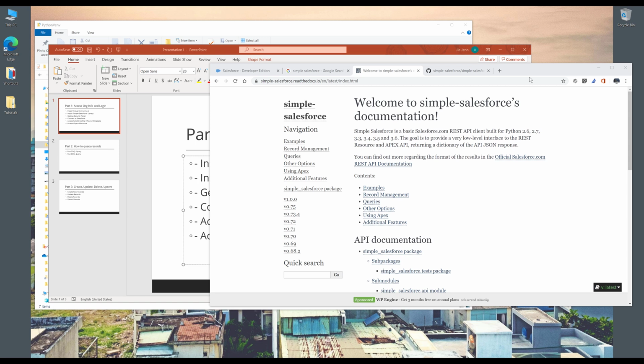My name is Jay. So this is going to be a tutorial series using the Simple Salesforce library to interact with Salesforce. So here I'm on the Simple Salesforce documentation page. If you ever need to access the Salesforce API in Python, the Simple Salesforce library is probably the best option right now. This library is a lightweight REST API client built for Python. Using the Simple Salesforce library, you can update records, query records, access the Salesforce org information, as well as access